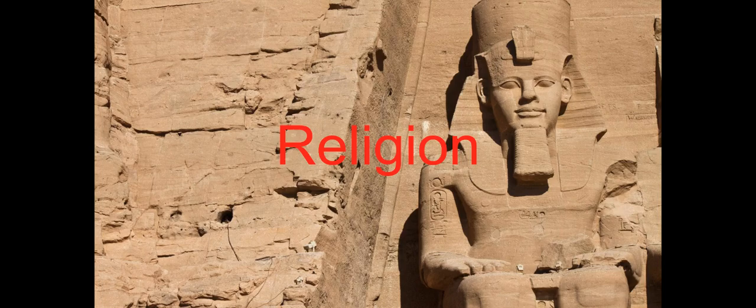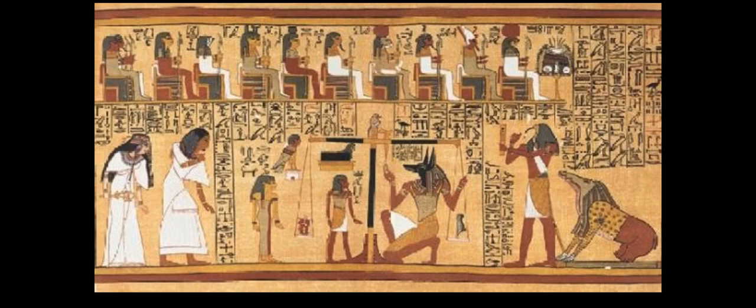Religion. During prehistoric Egypt and before the Egyptians settled along the Nile River, the idea of religion was not commonplace. There was no shared one religion. As a matter of fact, the concept of God didn't exist. Rather, there were magical powers in place that allowed for life to exist.